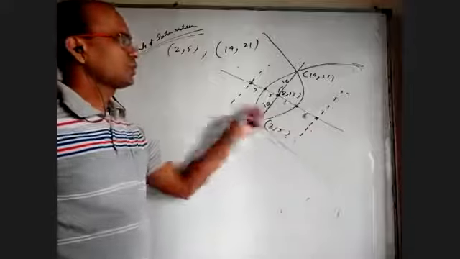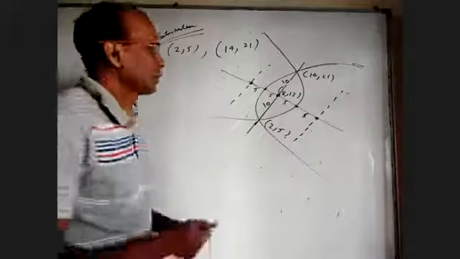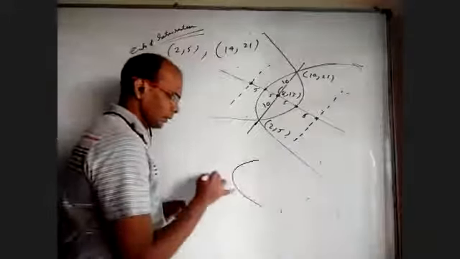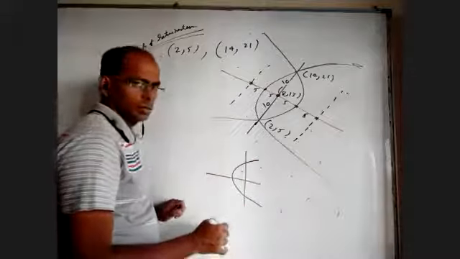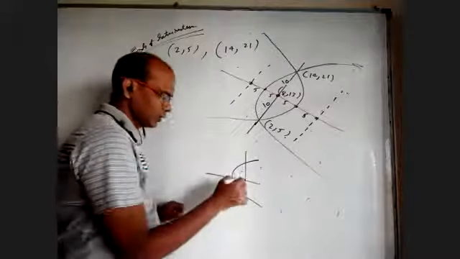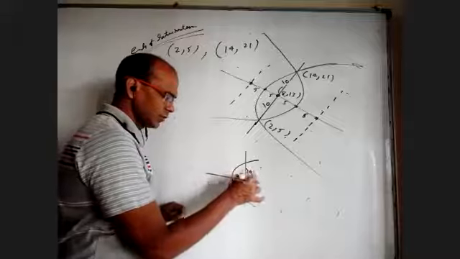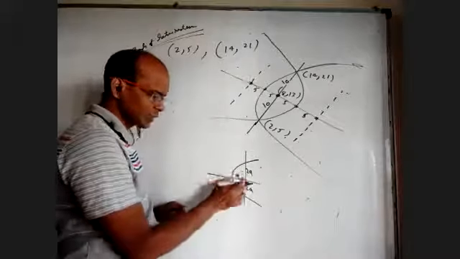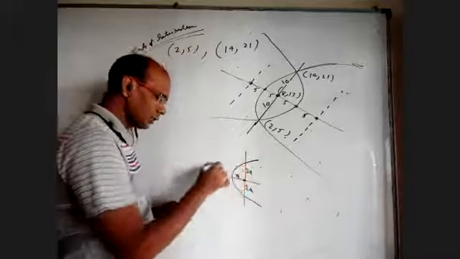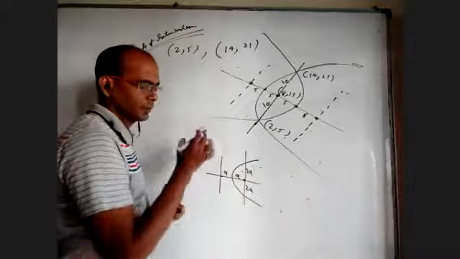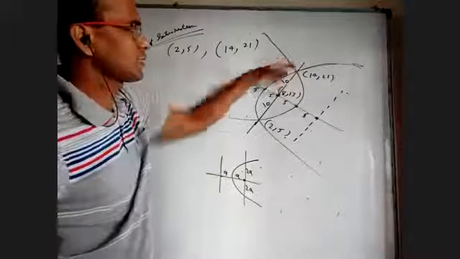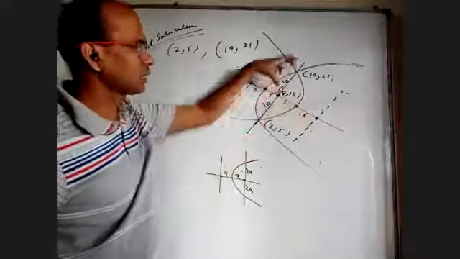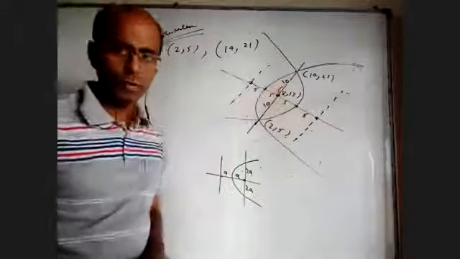Okay, how to find these 2 points? Normally in a parabola, this is A, this length will be 2A, this length will be 2A. If you take latus rectum, between vertex and focus is A, this will be 2A, this will be 2A, directrix will be here, that is also A, this is 2A. So this distance and this distance will be same, that is half of the latus rectum.